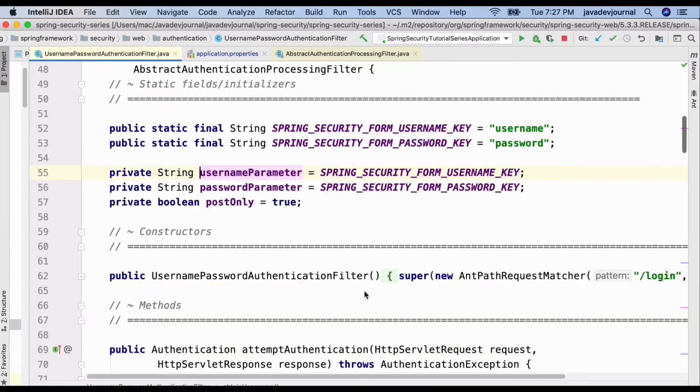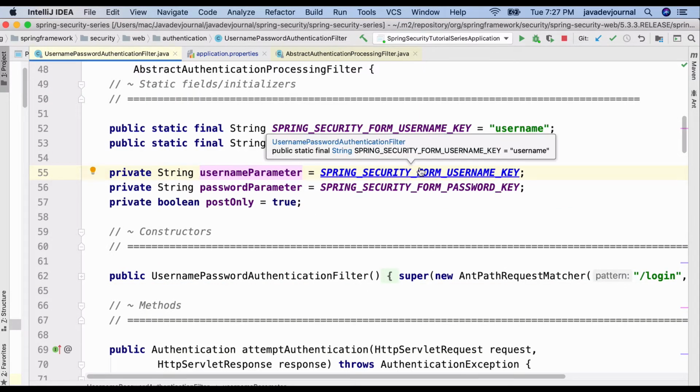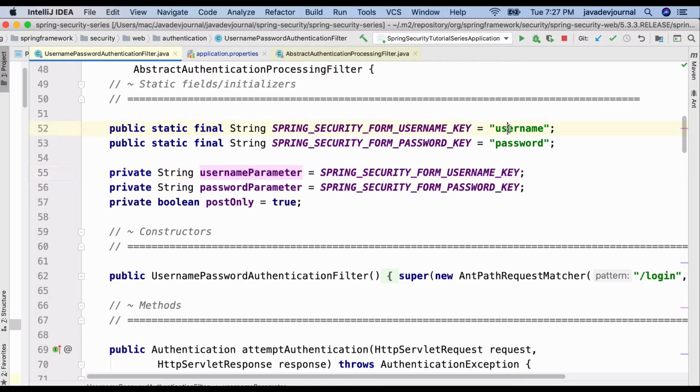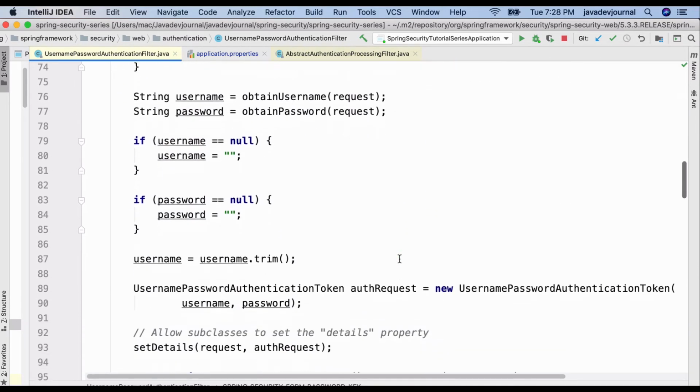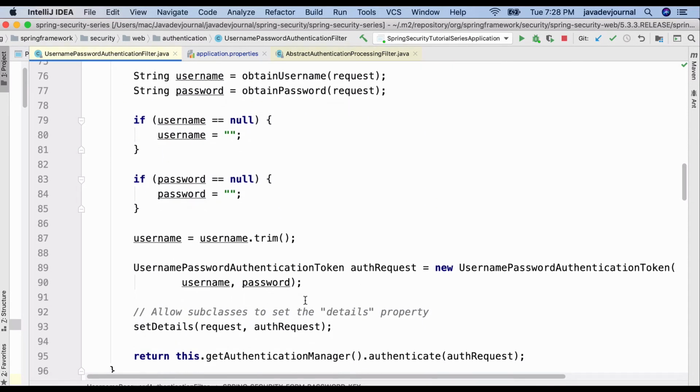Now the name of this parameter is, if you see, username and password. That's why I said earlier that you have to make sure those fields match. If the fields are not matching, you are going to get an error saying it's not able to find the username and password.